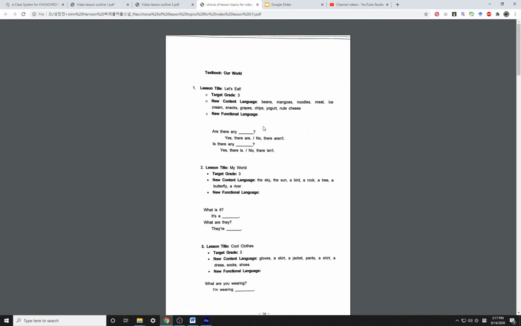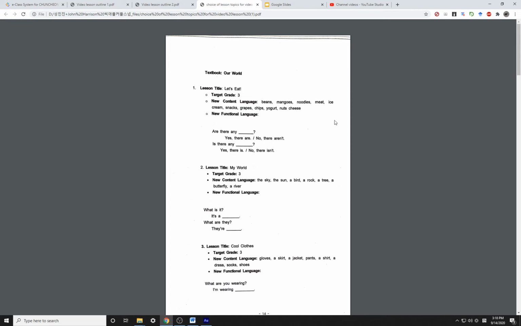It's very easy to get physical objects, actual objects, to use in your lesson, like grapes and snacks. You probably have most of these in your house right now. Grapes, snacks, chips, maybe yogurt, probably nuts, probably noodles, yes. Beans, probably meat, ice cream maybe, but you can get ice cream. So this one is quite straightforward. Pretty easy. Next,